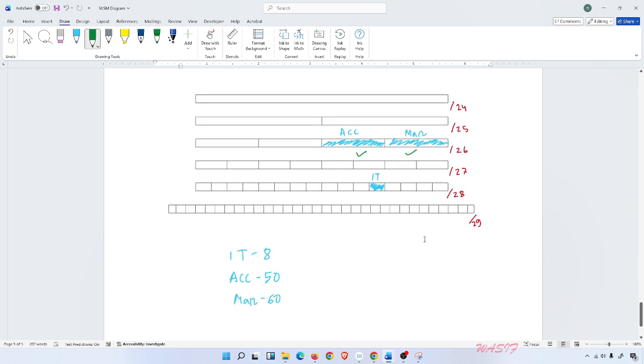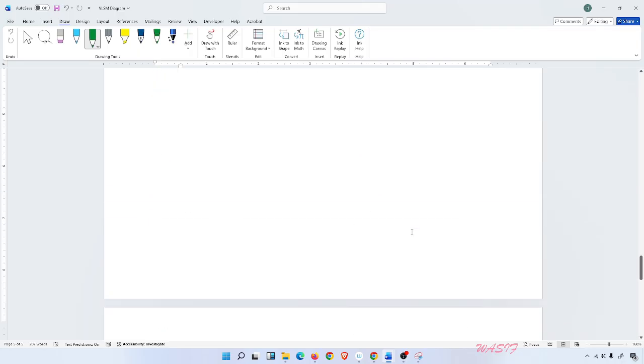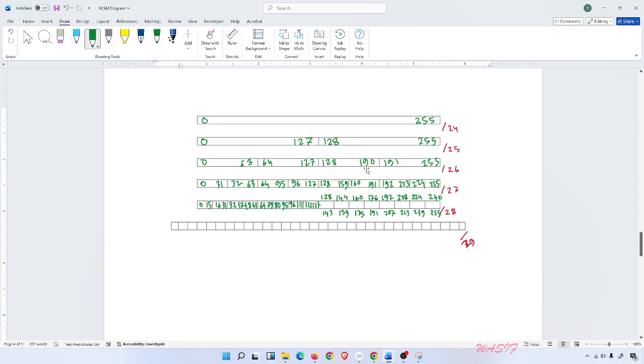So for the accounting department, 192.168 dot, because we are doing /24, 25, 26, let's say class C. We can do it with class B, we can do it with class A as well, it doesn't matter. 192.168.0, let's say the first one is, sorry, I forgot here, 128, and the last one,